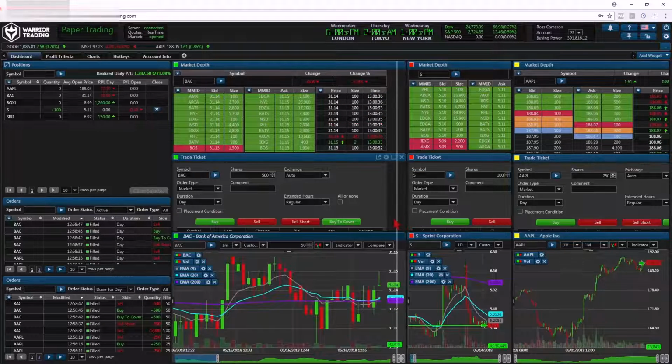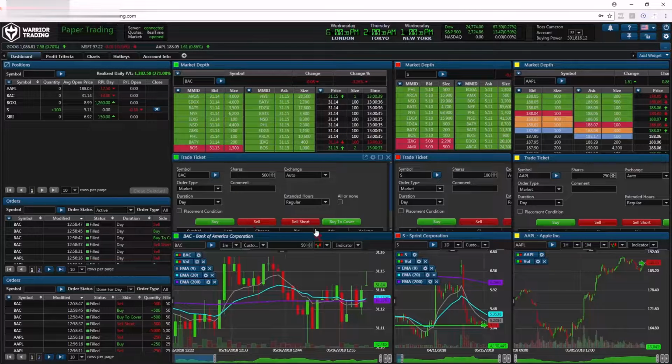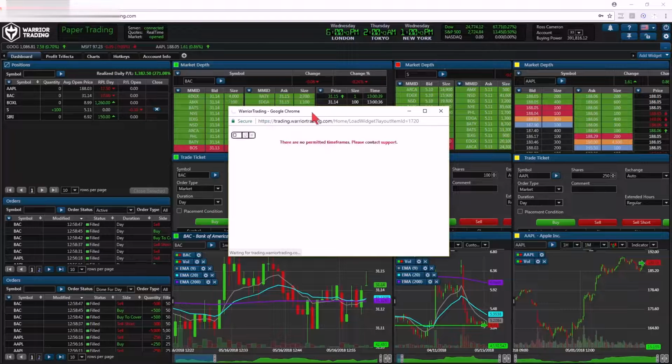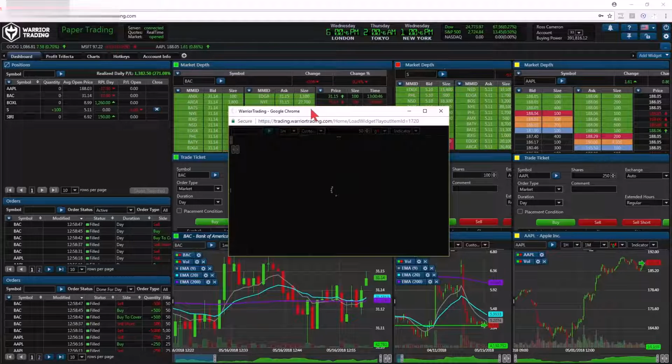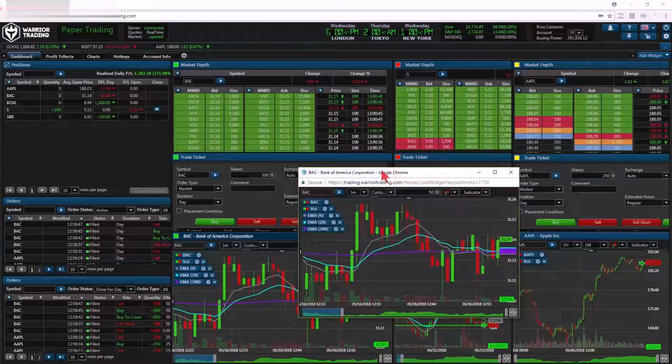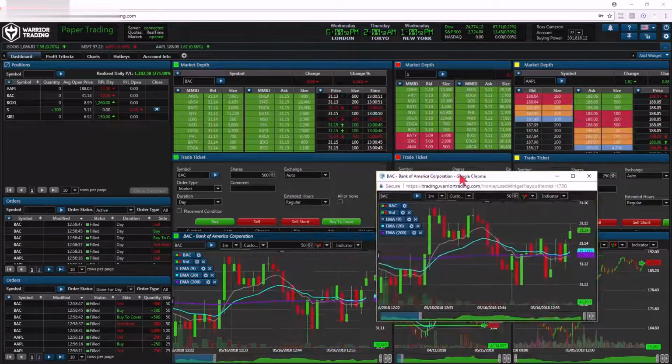Now, if you want to pop out any of these windows, you can pop them out. You can click right here, Detach Widget, and it's going to open in a new window. Now, you can drop this on another monitor, you can move it somewhere, and